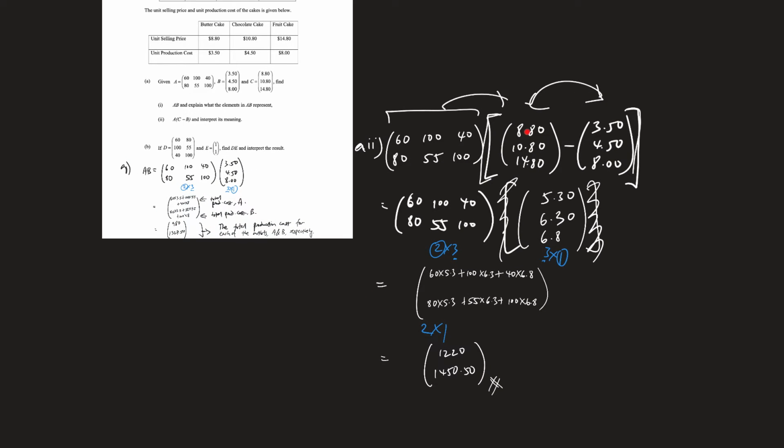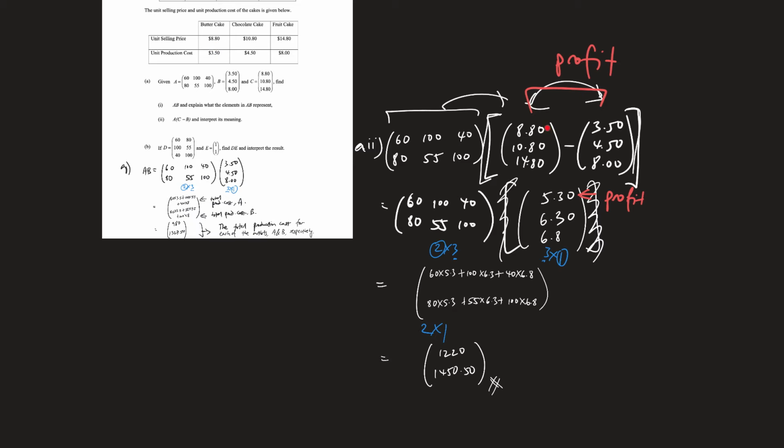Over here, what is this? This is actually, if you notice, the selling price. So all the selling prices, you're subtracting the production cost. So this part, interestingly, actually is the profit, right? Selling price minus away the production cost. So this is the profit for